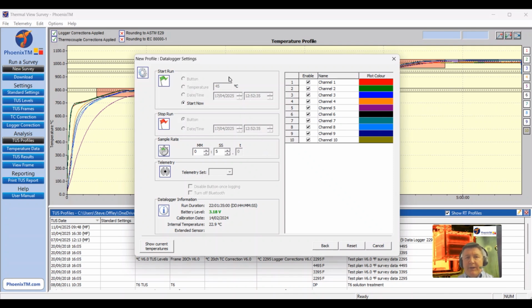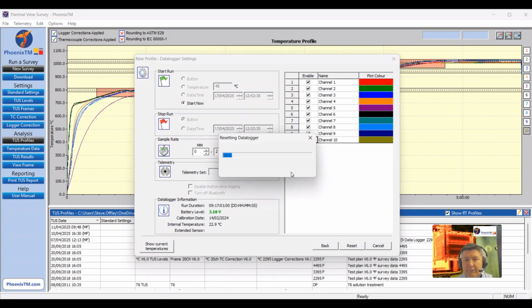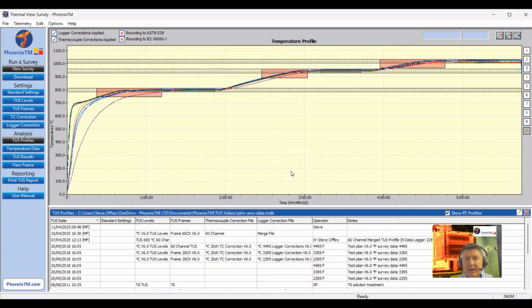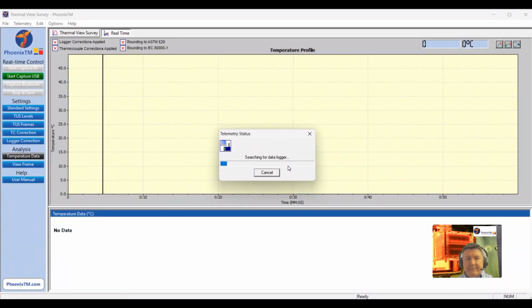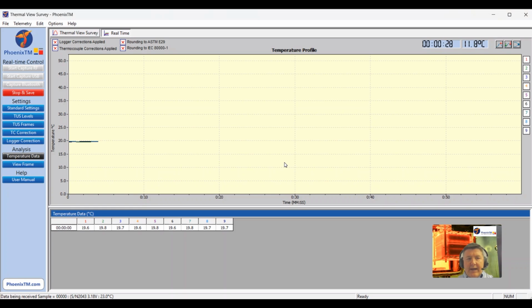Comes up with the data logger settings box. You can see here the data logger has 10 channels, but I'm going to actually just use 9 for the TUS, and I'm going to choose a sample interval of 2 seconds for the demonstration. Press reset. Confirm the messages that come up. The data logger is resetting. The software is looking for the data logger it's connected to, and I'm now seeing the data coming in live